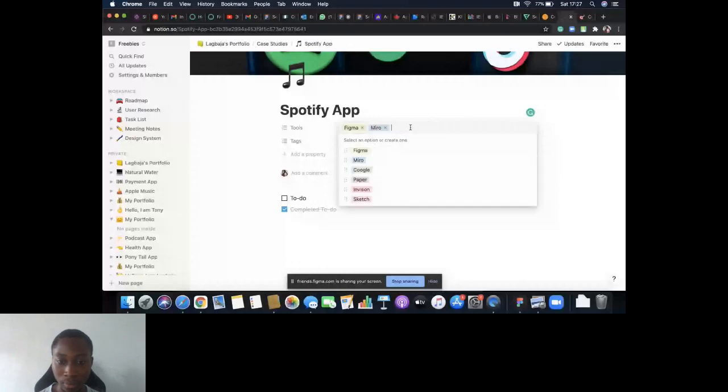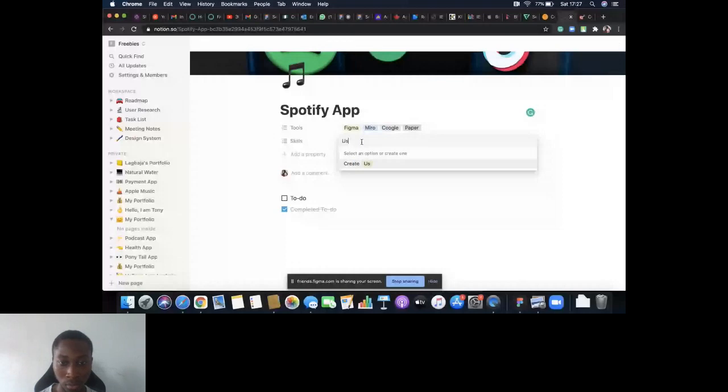The next thing I like to display is what skills I used on this project. So if I did research, I'm going to come in to say user research. If I did UI design, if I did some data analytics while working on this, if I even want to go granular on my research, I can type, okay, what I did was fully qualitative research, or what I did was granular research, just like that. You can select all of this. If I did product design, you can just display all of this here.